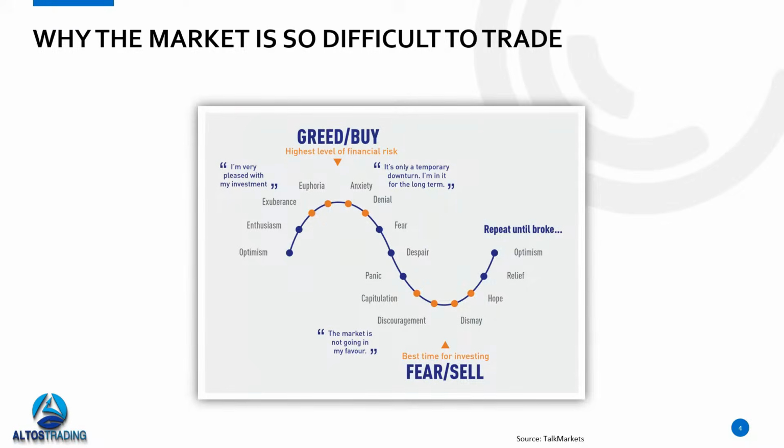So let's start out by laying some foundation and talking about some of the difficulties that we face in trading and investing. This is, I think, a very useful psychological curve as it relates to the financial markets. I'm going to walk you through this and then talk about how this impacts our trading decisions. So anytime we get into a trade, obviously we have some degree of optimism, right? We think we're getting into the trade because we think it has a good chance of working out. And then that can turn into enthusiasm, exuberance, even euphoria if the trade's working out in our favor.